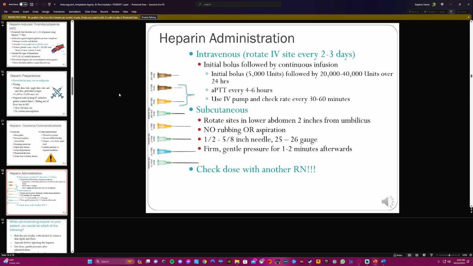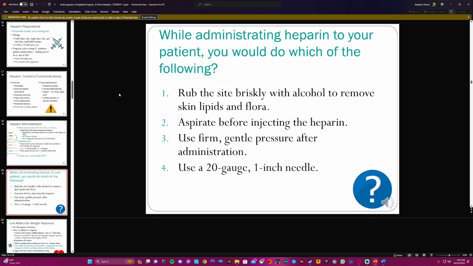For subcutaneous, we want to rotate sites in the lower abdomen 2 inches from the umbilicus. No rubbing or aspiration of the site. You want to use a needle that is 1/2 to 5/8 inches, that is also 25 to 26 gauge. You want to use firm, gentle pressure for 1 to 2 minutes afterwards. You also want to check your dose with another RN while administering heparin,